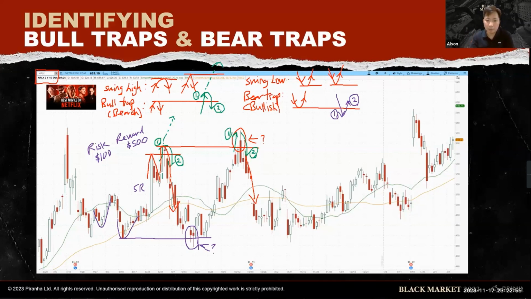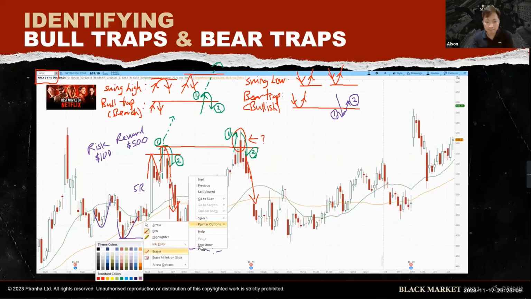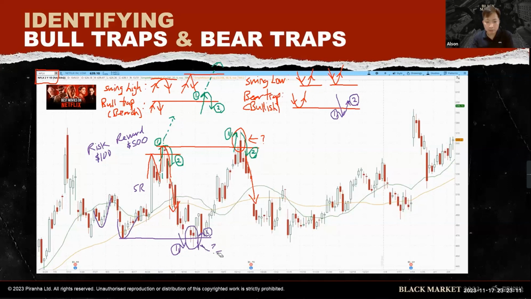Okay, so let me explain for those of you who are not sure or you say no. The price action did go below the first step and then it tricks back up higher, second step. So similarly, how do I put my stop loss? I taught you guys just now, right? I will put it somewhere near the swing low.